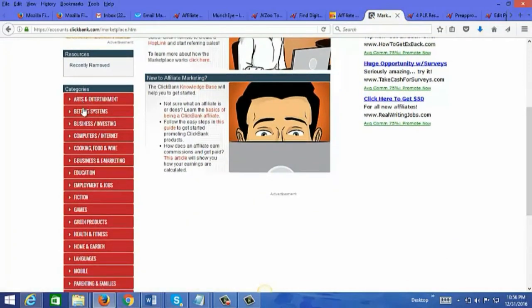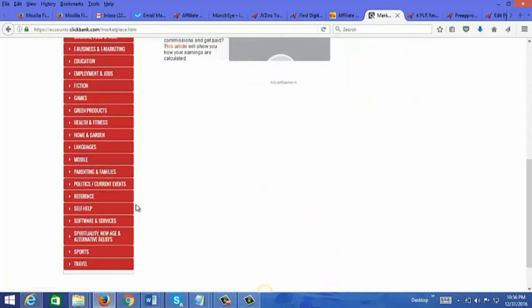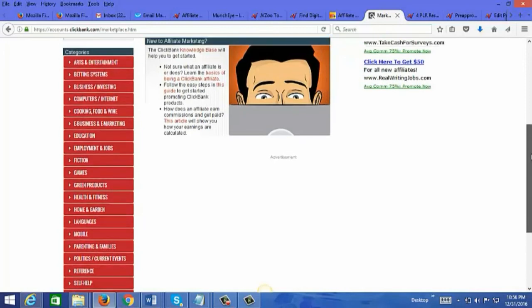And as you can see here, these are all the different categories. There's employment, games, green products, health and fitness, home and garden, parenting, politics, spirituality, new age, sports, and so on.